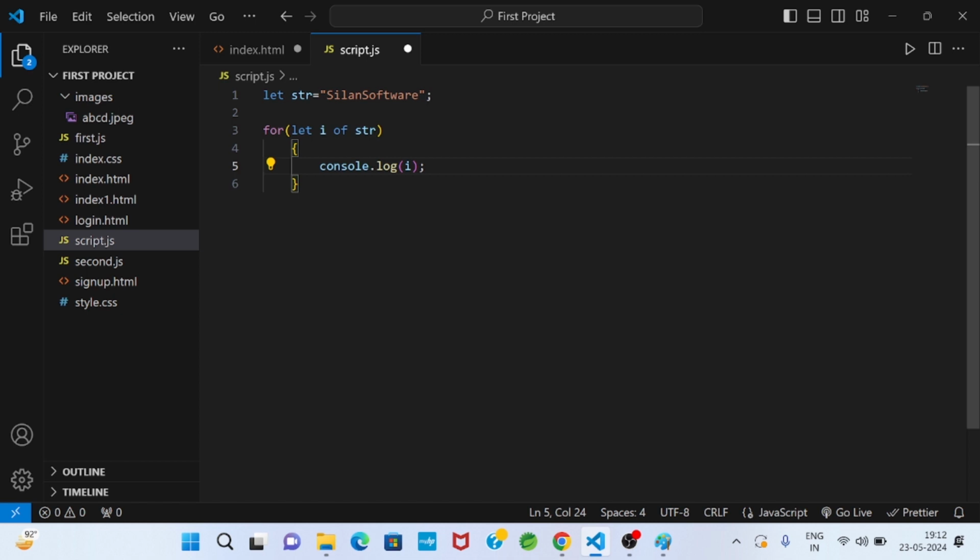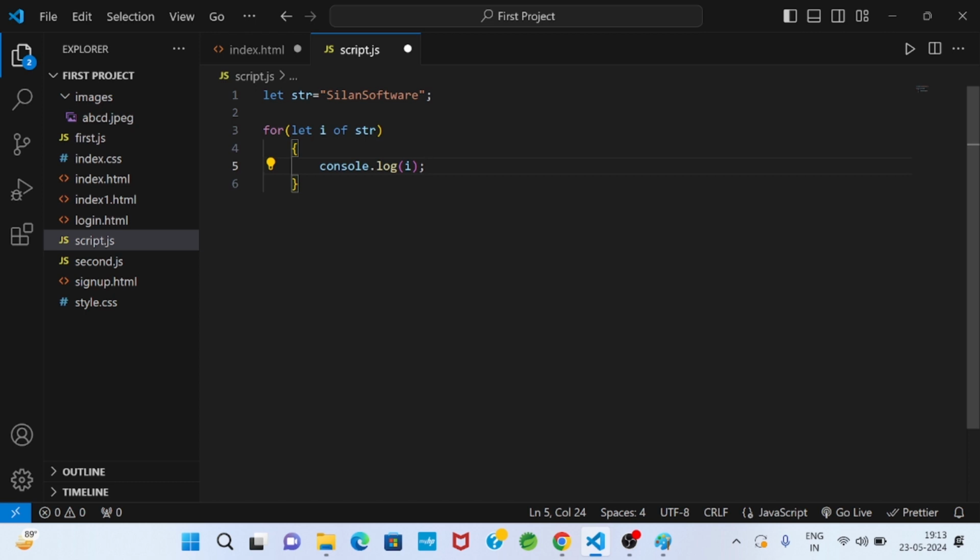So here there is no initialization like in the general for loop, where first we do let i equals 0, i is less than something length, i plus plus. Instead of that, directly using the for of loop we can resolve it.